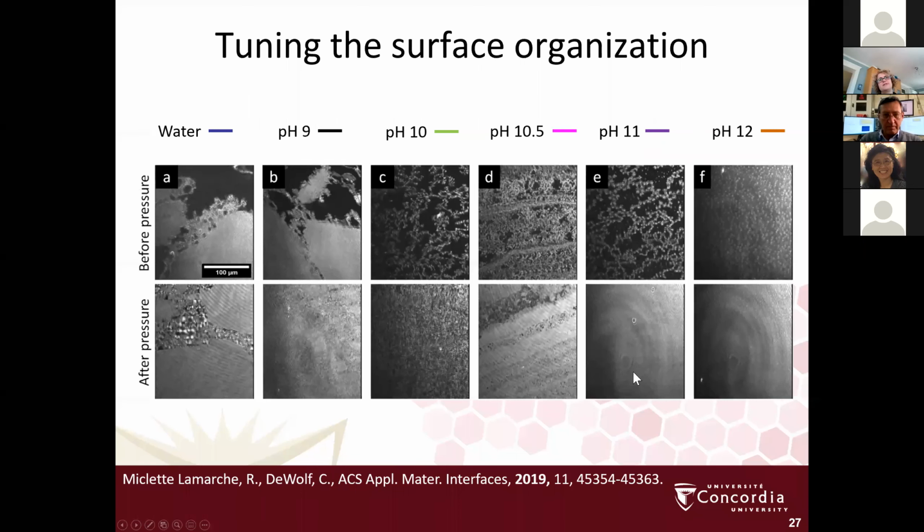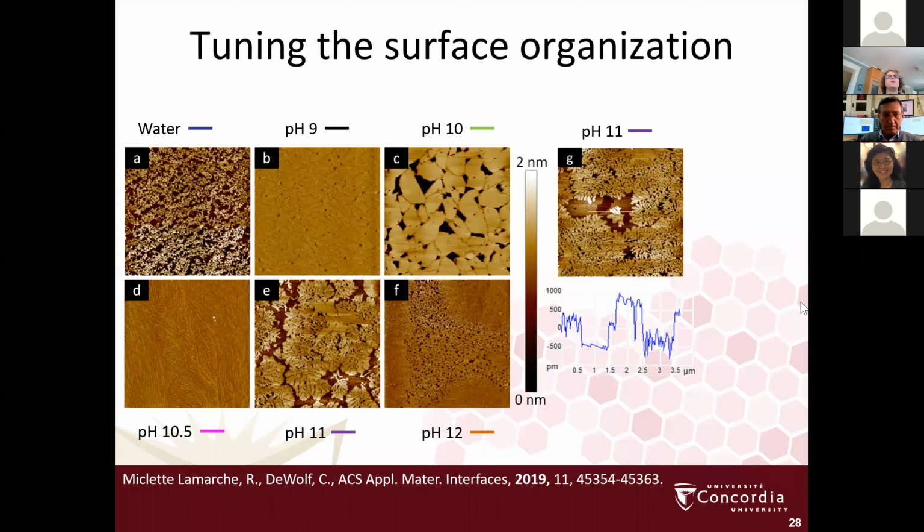We resist coalescence here, but from this scale at pH 11 and pH 12, it appears that they coalesce. So we turn to AFM to get a bit more detail. And this is what we see. In water, these were highly rigid films that unfortunately would always break up whenever we tried to transfer them. At pH 9 and 10, we see these domains forming, but they don't properly coalesce. You see the residual grain boundaries, you see the residual holes, which are from the interstitial spaces between the domains, and these resist coalescence.